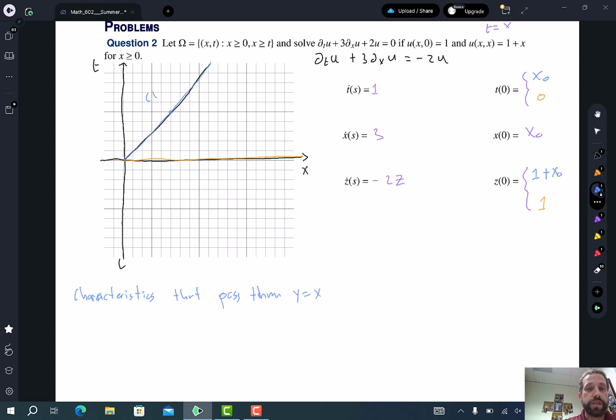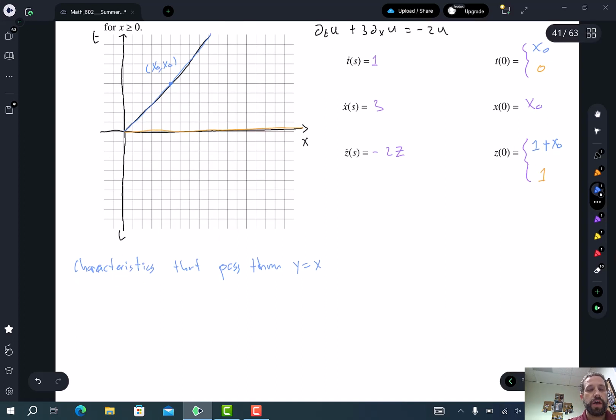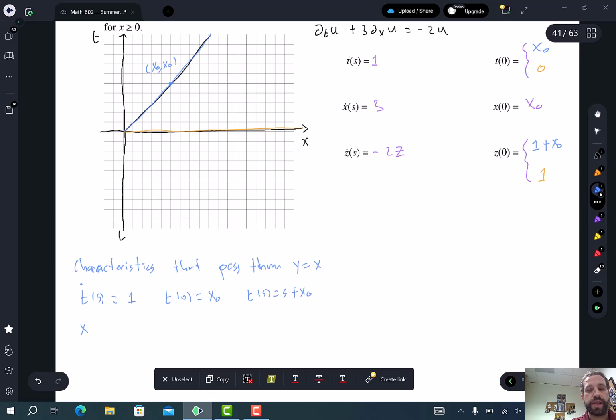I'll call the coordinates of this point x naught, x naught. Let's solve for the characteristic. t dot of s is equal to 1, and t of 0 is equal to x naught. So t of s is equal to s plus x naught. If I look at x of s, x dot is equal to 3, so this means x of s